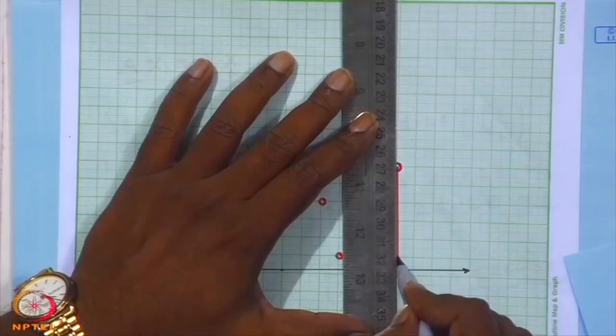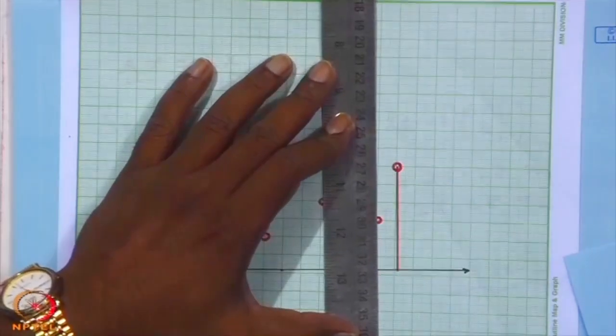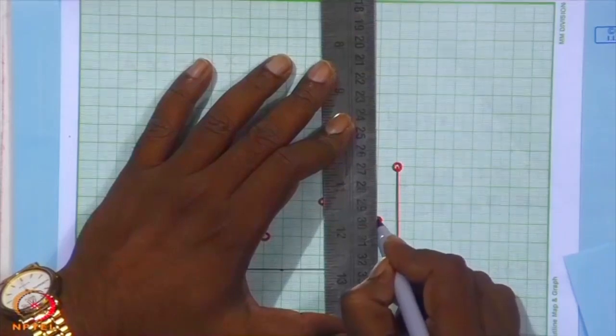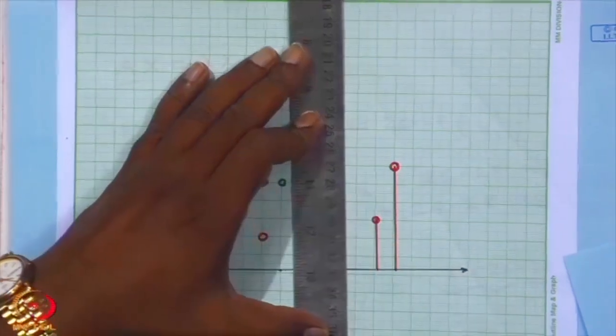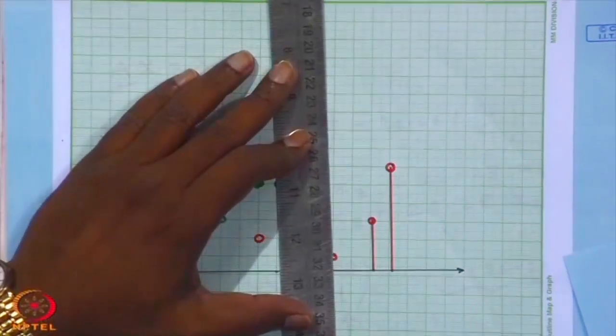This feature vector will be projected here, this feature vector will be projected here, this feature vector will be projected here,